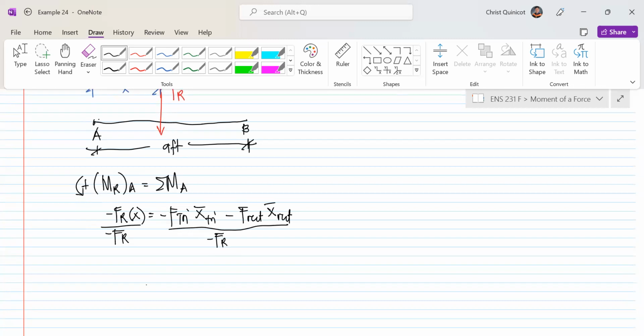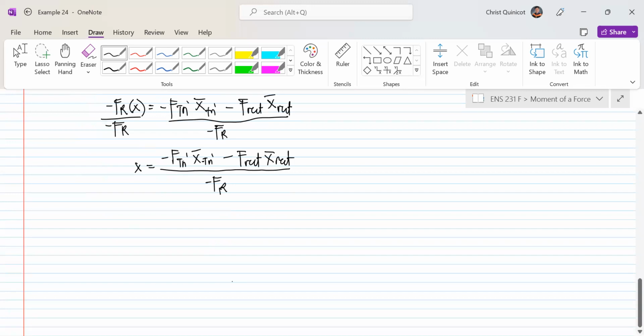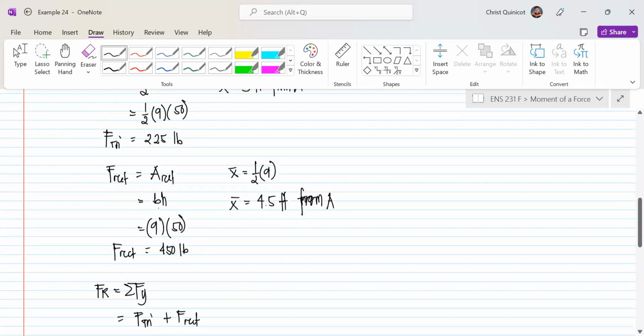So that's X is equal to negative F try X bar try minus F rectangular X bar rectangular divided by negative F sub R. Then we substitute, and of course, since we have a negative numerator and a negative denominator, our final answer will be positive. So this is equal to F try, which is